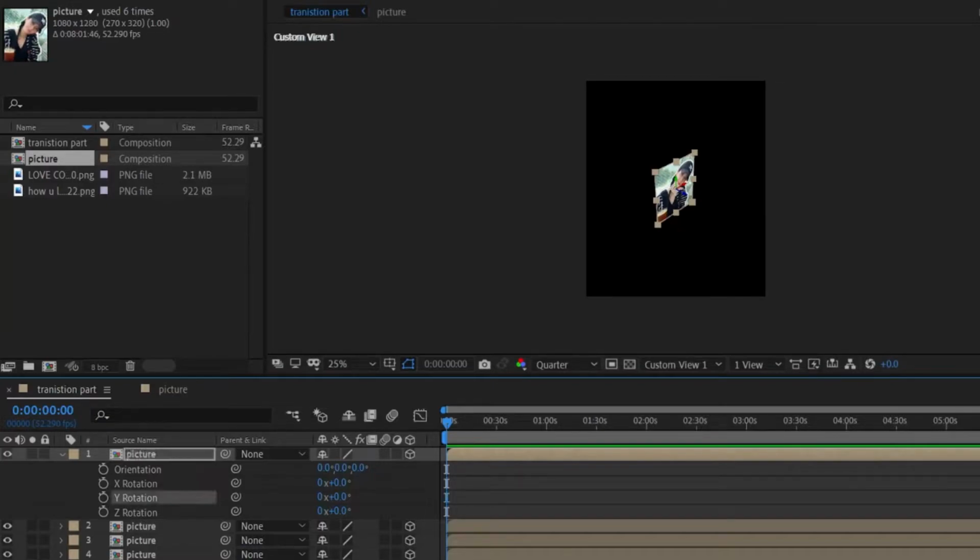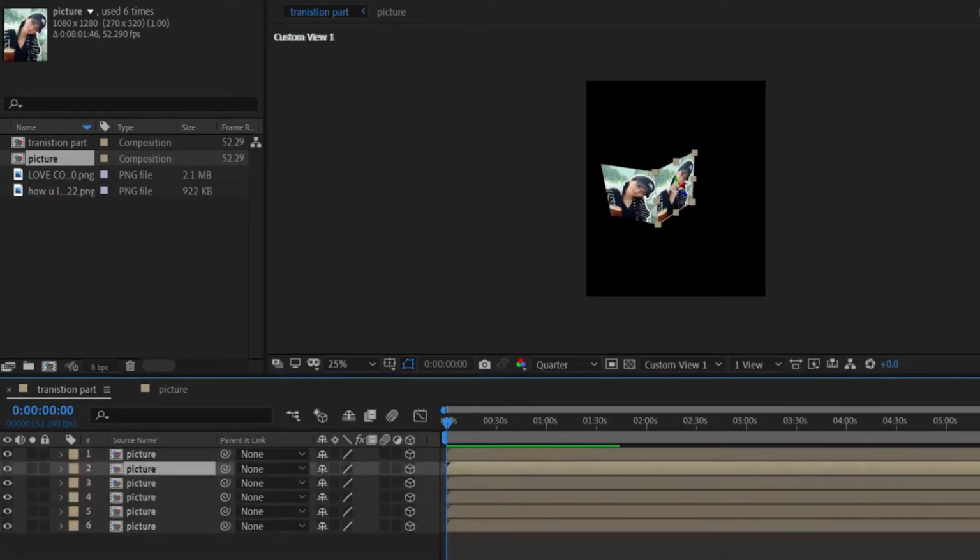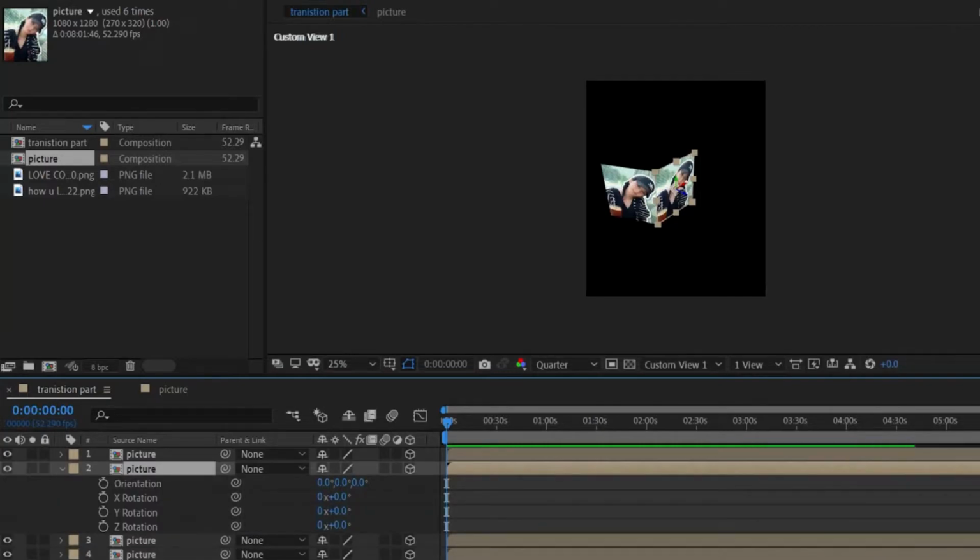Then go to Y rotation, and we're going to make a hexagon circle, if this is what it's called. I don't know what it's called. So we have to use the angle of a hexagon. Alright, so first thing is 60. Then you can close this one, then go to the second picture and press R on your keyboard,